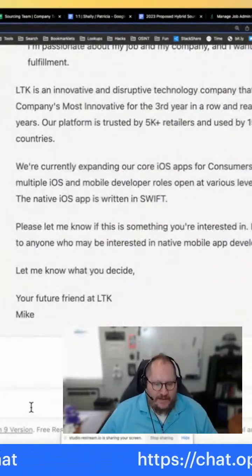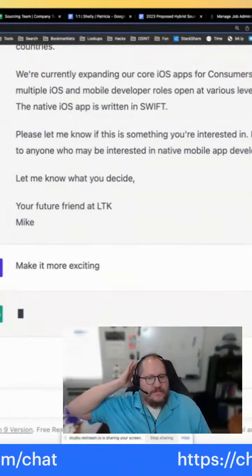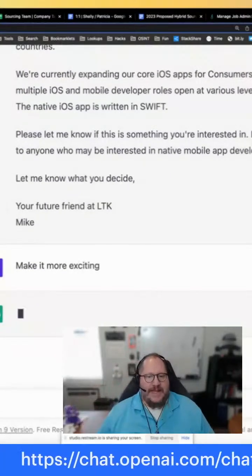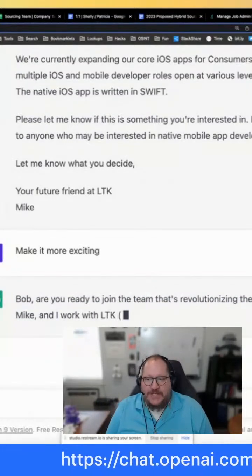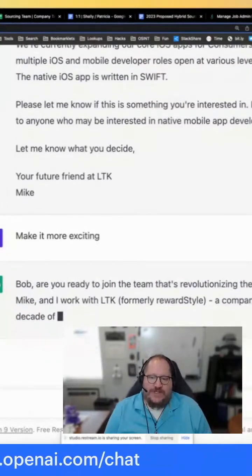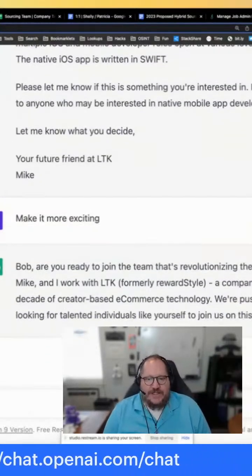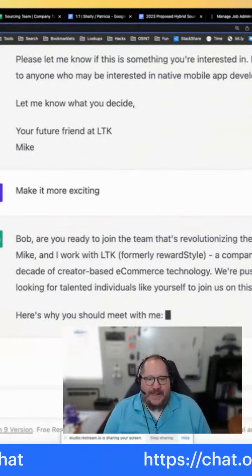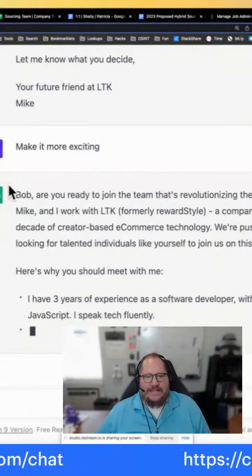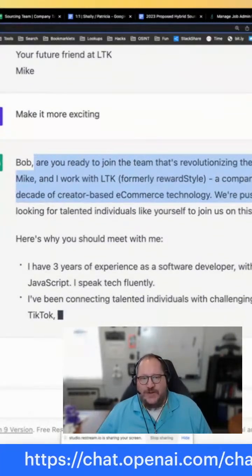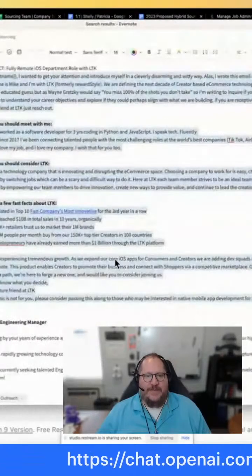So now I'm going to say, make it more exciting. And now it starts to actually rewrite the message much more than before. Where before it was just summarizing it and synthesizing it, now it actually is starting to change the tone a little bit and making it a little bit more enticing. So you can see what it's beginning to do. Are you ready to join the team that's revolutionizing the industry, et cetera? I'm going to stop it because I think I'm going to use